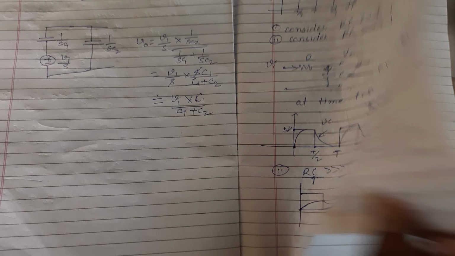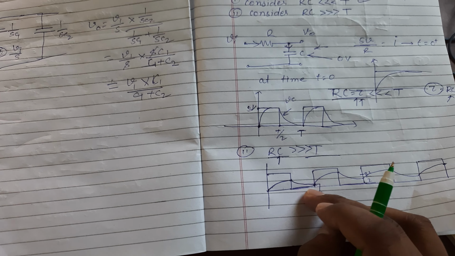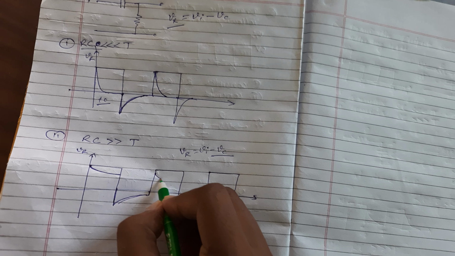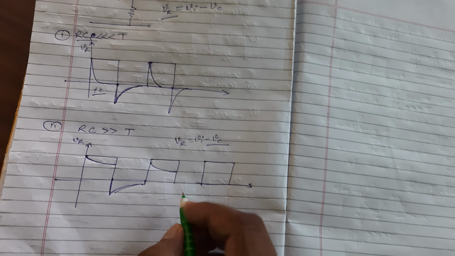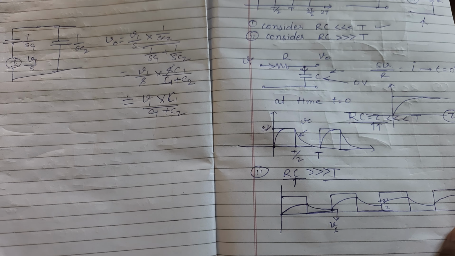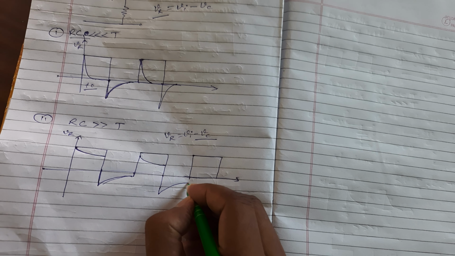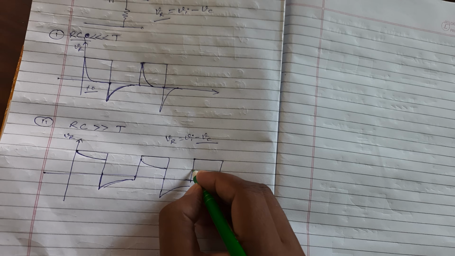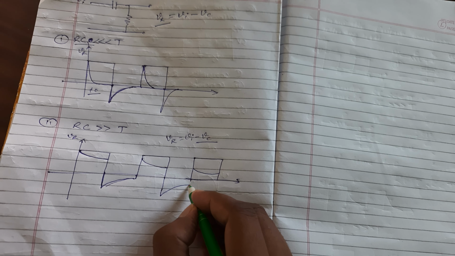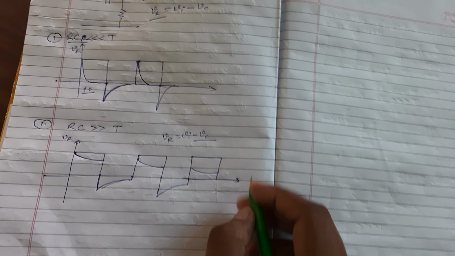Again we will see that we have a value which is starting not from 0. So it will not start from here, it will start from here and will go toward 0. And again here it will start from a higher value, and it will go to here like that, and it will oscillate this way, and finally these values will be equal at the steady state.